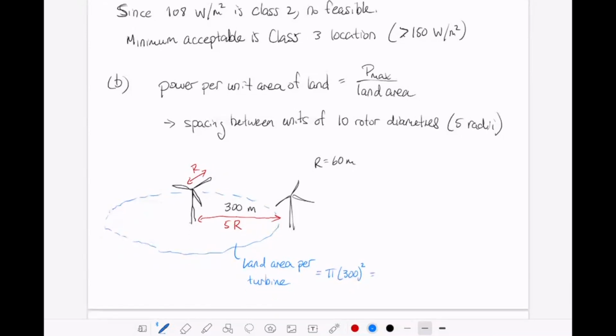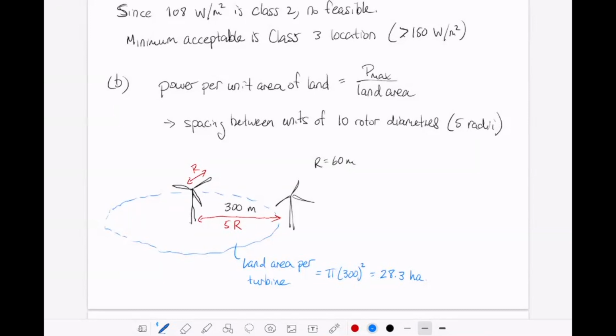And this is 300 meters. And if we convert this to hectares, we would get 28.3 hectares of space per